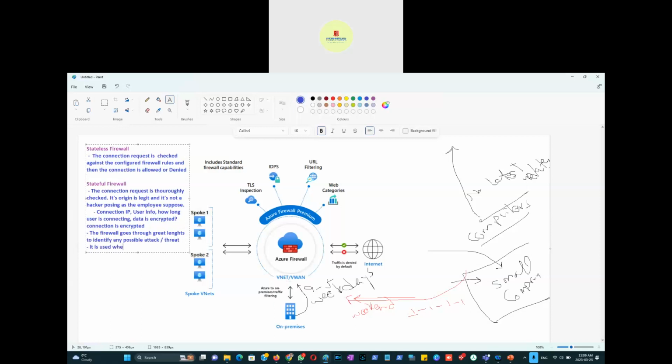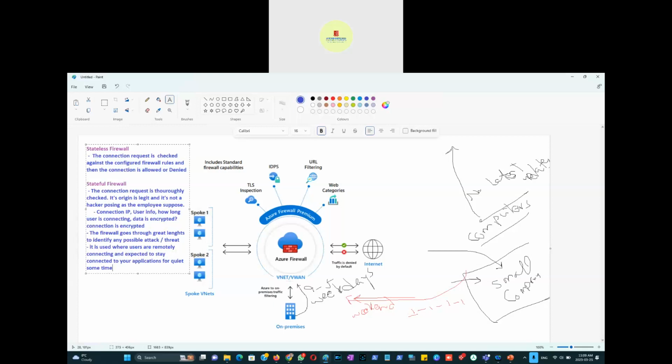It is used where users are remotely connecting